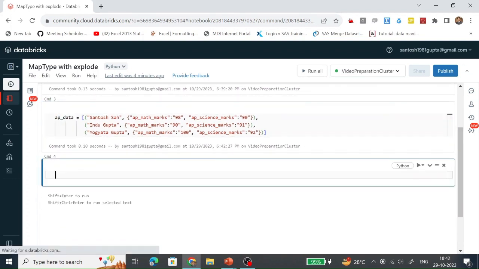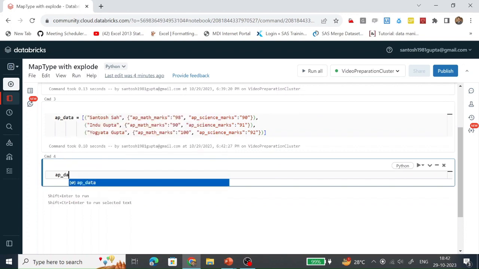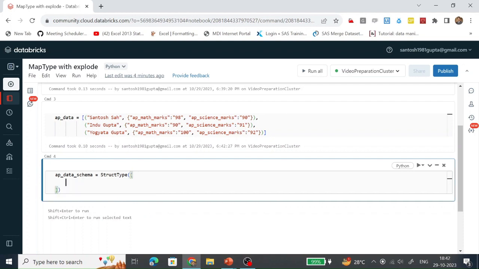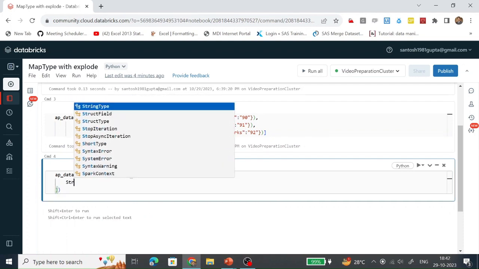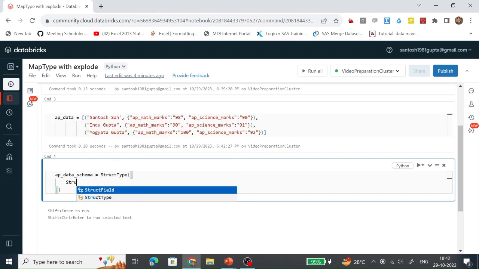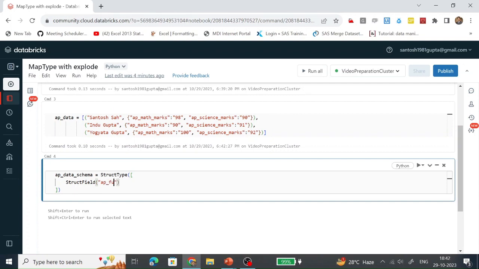Now let's create a custom schema. How are we going to create the custom schema? We are going to create it with the help of a struct type, and we are defining a column and its data type with the help of a struct field. The data type is of string type.